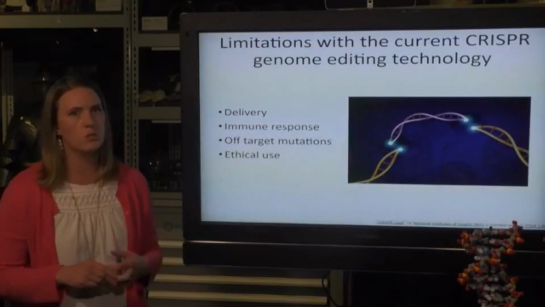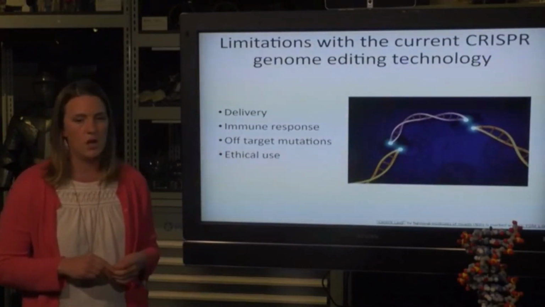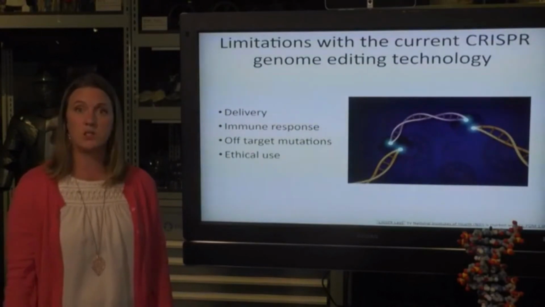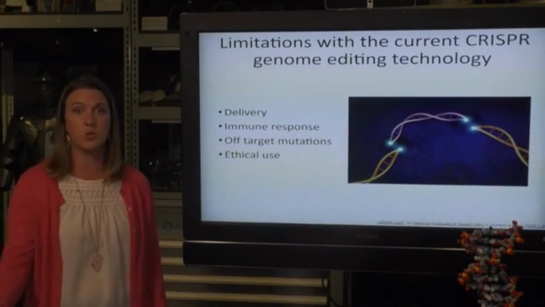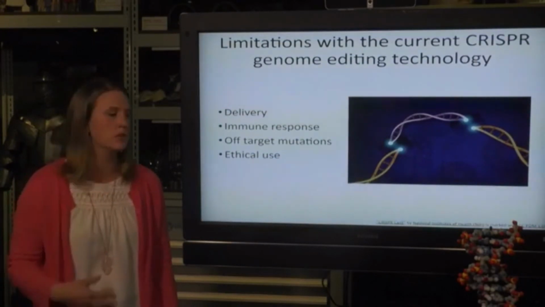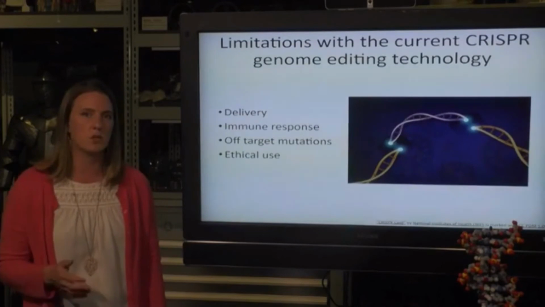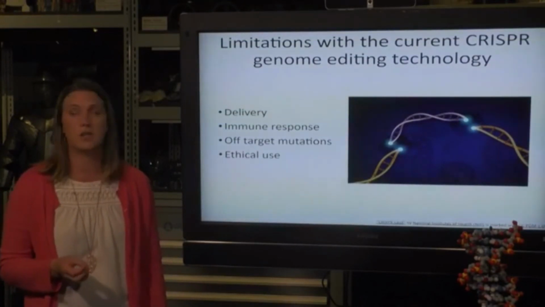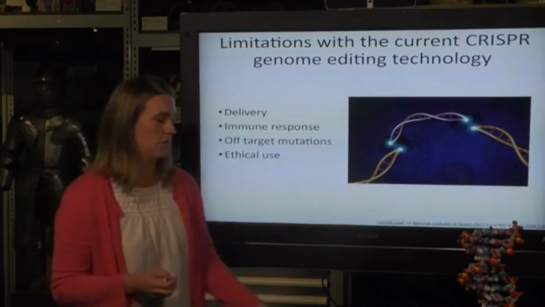And finally, when should we use CRISPR and when should we not? It's generally accepted that using CRISPR on somatic cells, so those are cells that don't give rise to new individuals in our body, like our limb cells, our skin cells, our muscle cells, is acceptable. Okay? Those are generally accepted to use for CRISPR. Where the issue comes in is editing germline cells. And those germline cells give rise to new individuals.